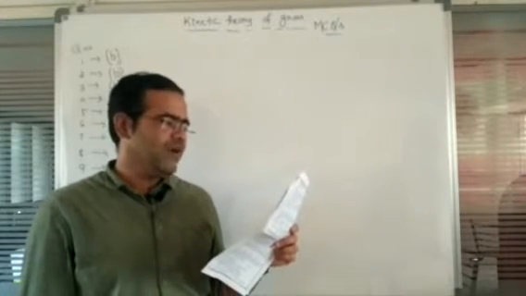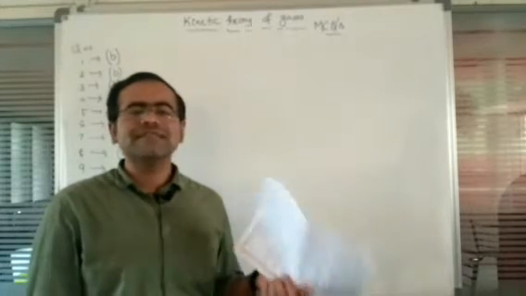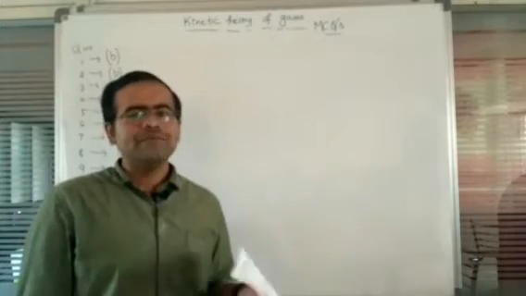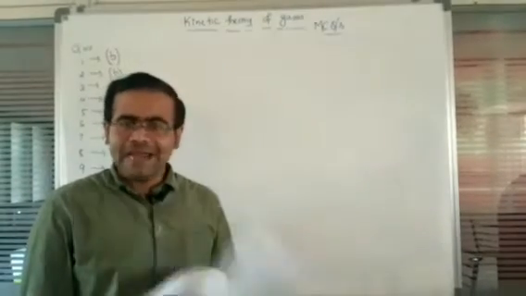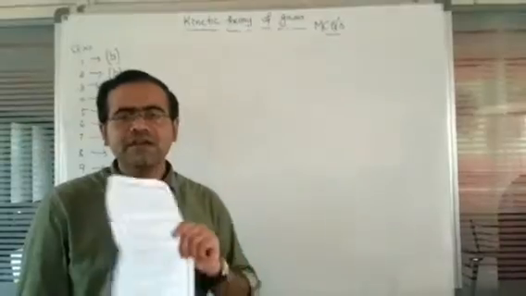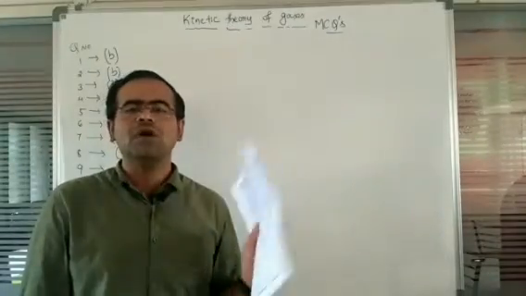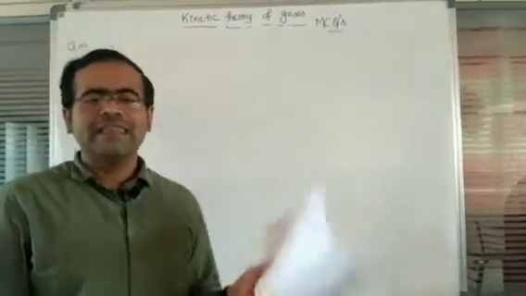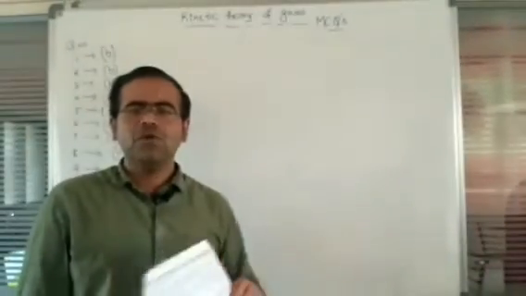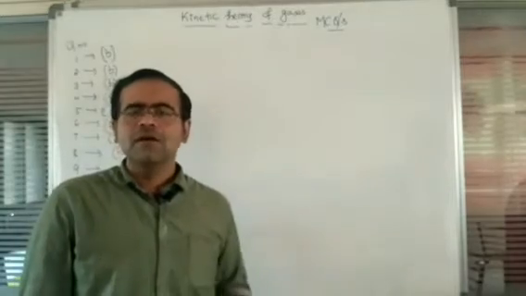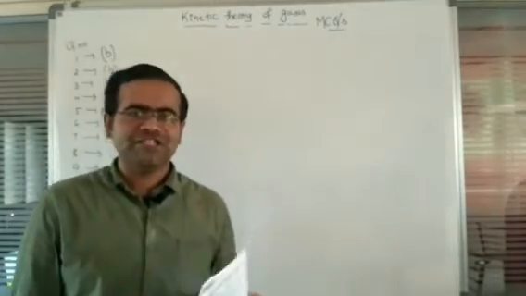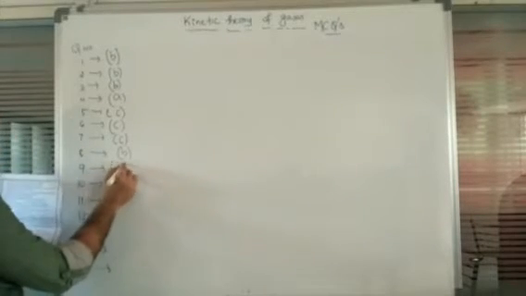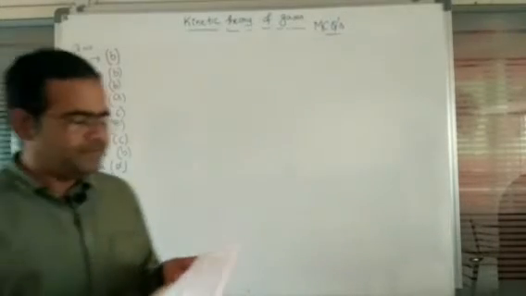Now the fourth one: all molecules have the same speed. It is not an assumption, because all the molecules are moving in random directions with different amounts of velocity. All the molecules do not have the same velocity. They have different velocities, moving in random directions. So that's the reason. For question number 9, we have the option D.